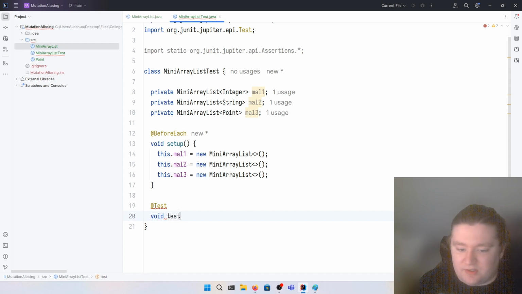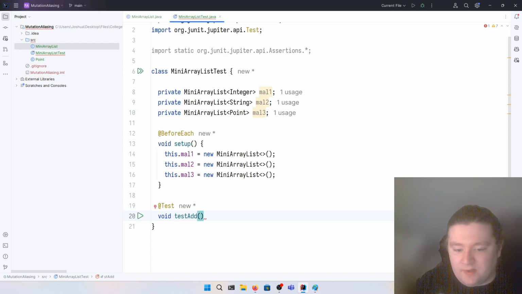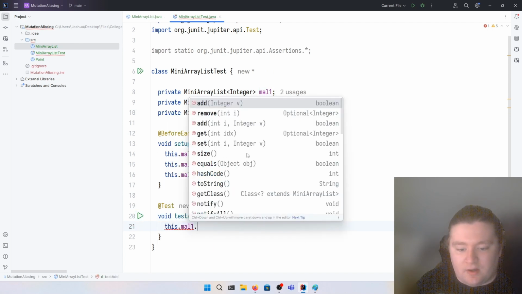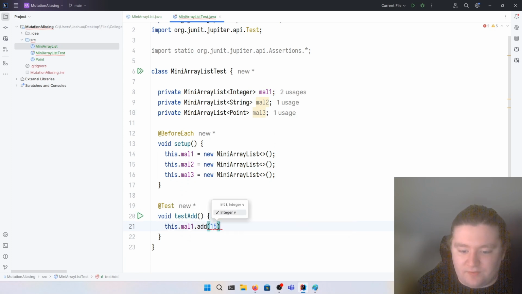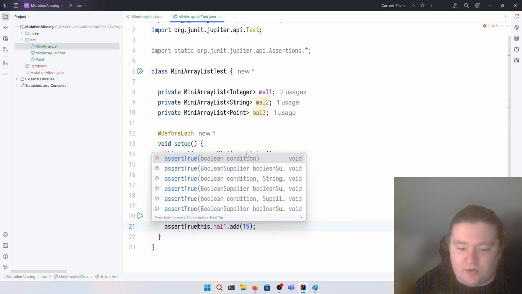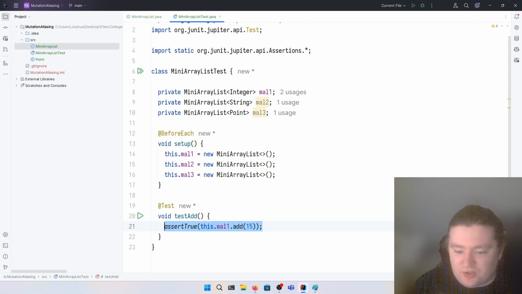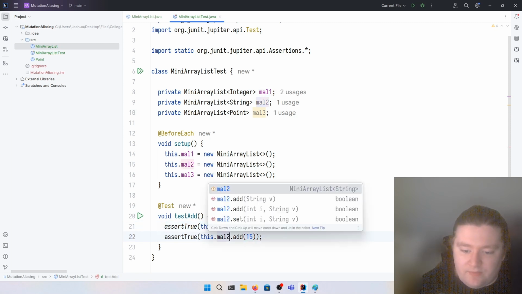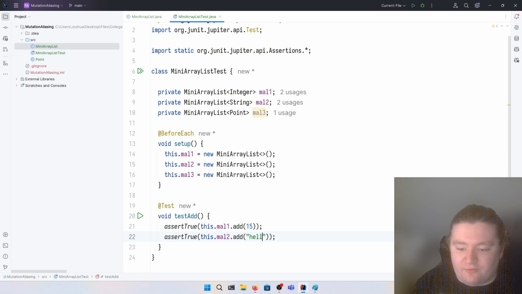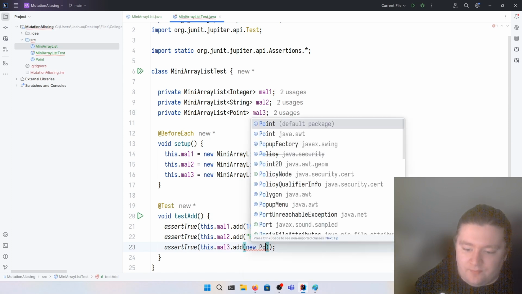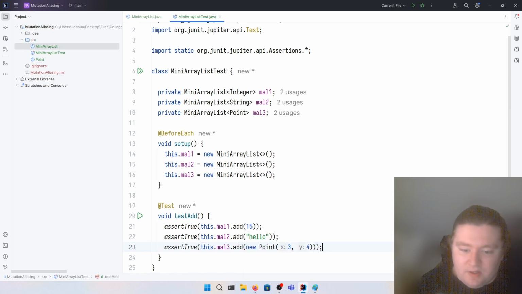So we're going to say test add, and the way this is going to work is we're going to try to do something like add, and then maybe 15, and of course this should always return true. So if we just insert an arbitrary element, then this should never fail. Okay? Now this will fail if we try to insert into the MiniArrayList